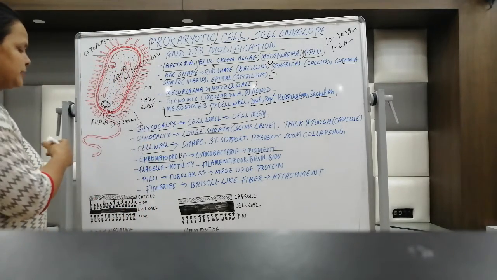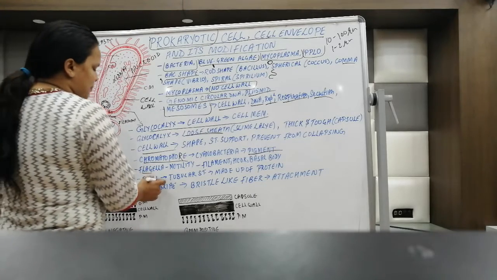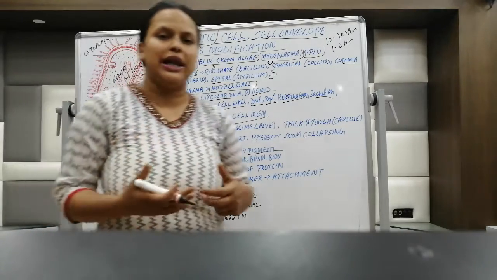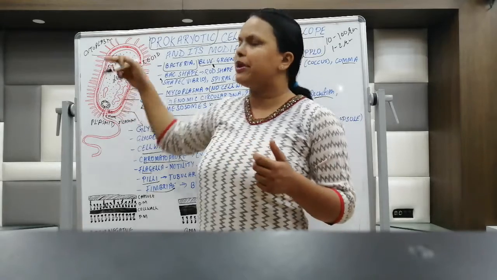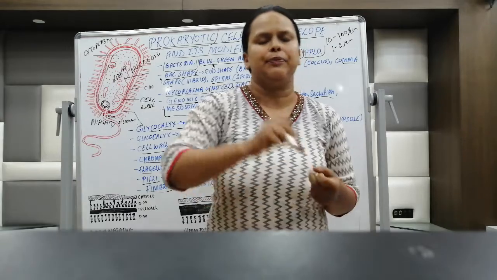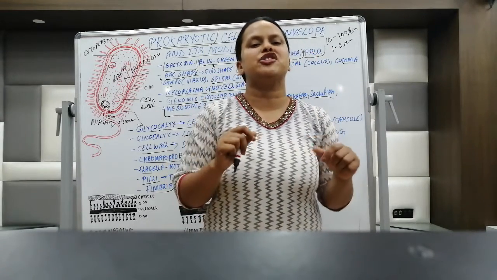of the flagella structure. Next, other than flagella, we have pili and fimbriae. Pili are tubular structures made up of protein, and fimbriae are also smaller structures. These are the pili and fimbriae. They are smaller structures, but they help in attachment. Certain research also says that these pili form the conjugation tube.